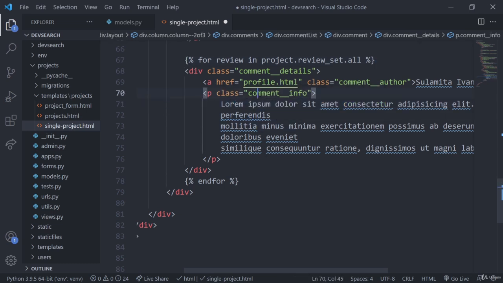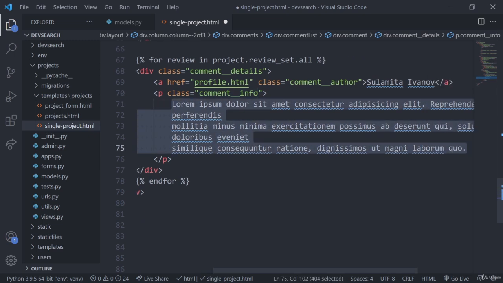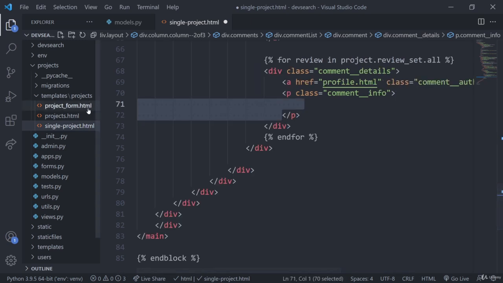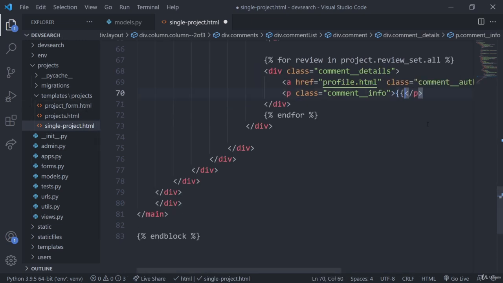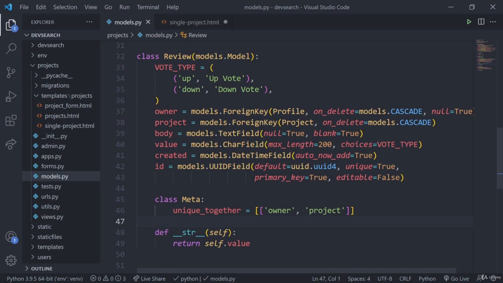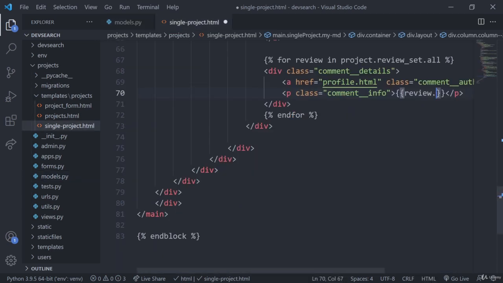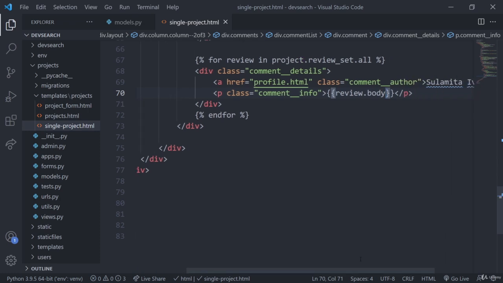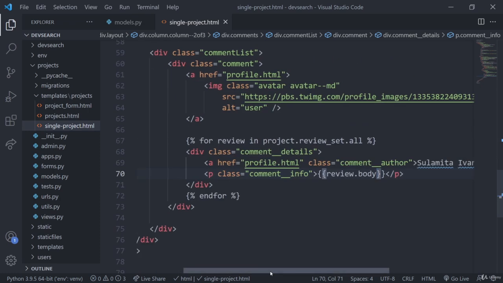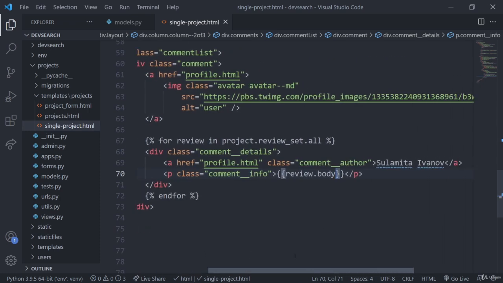So for the comment info, this will be the actual comment. Let's get rid of that, and I'll just backspace this. Let's just do review.body. So we'll just do review dot, and I think it was body. So let's see. Yeah, so body is the actual text here. So we'll just do review.body. So if I save that,